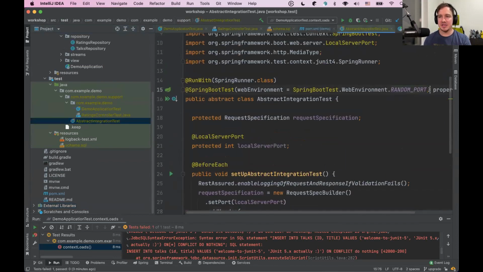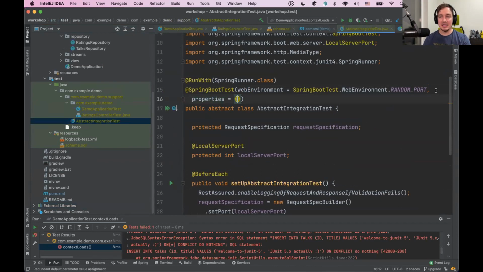If we look at this test here, and we configure a special property for our application, we can make sure that this test runs and integrates with Testcontainers. The property that we need to add is the JDBC URL. So we add spring.datasource.url, which is the property that configures where our database is located,